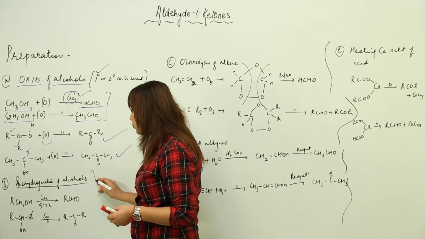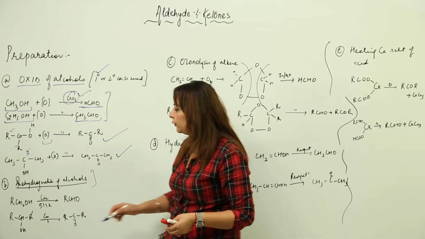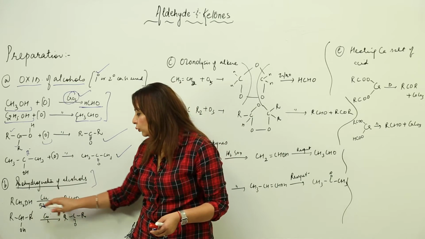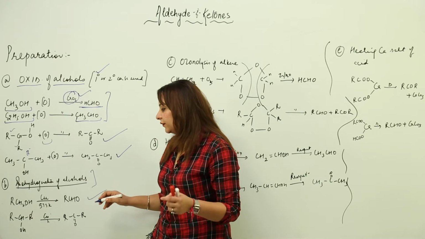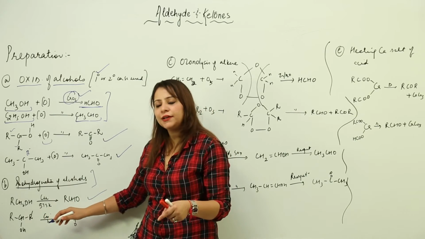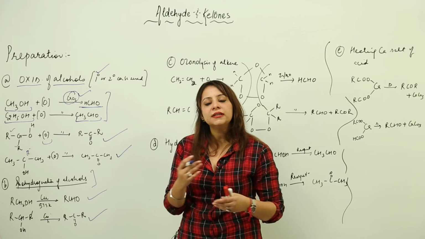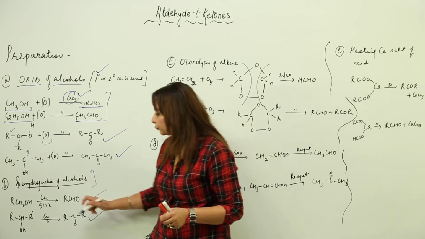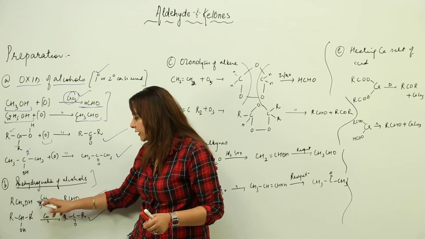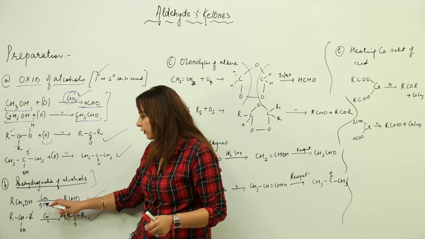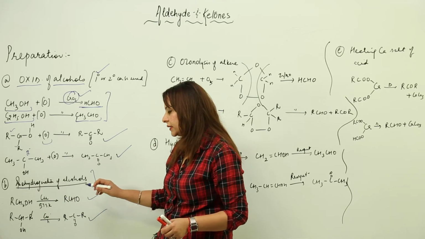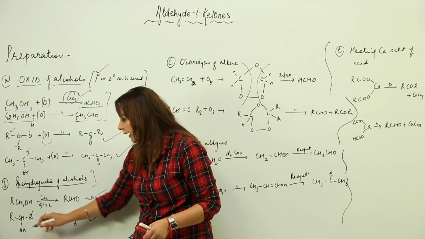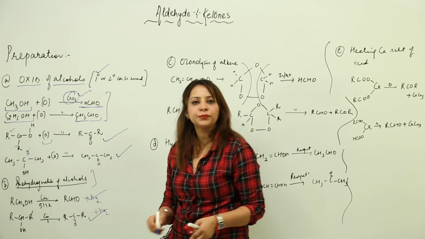Second we have is dehydrogenation of alcohols. In this, we take an alcohol and pass it through copper vapors at 573 Kelvin. When we do this, it forms an aldehyde. But if we take a secondary alcohol, this secondary alcohol will always give rise to a ketone. You have to do it in a similar way, but the primary will yield the aldehyde and the secondary will yield the ketone. So see, RCH2OH, when you pass it through copper at 573 K, it will turn into RCHO, and hydrogen gas will be liberated along with it. Likewise, when you do it with this, again hydrogen gas is liberated, and it turns into a ketone.